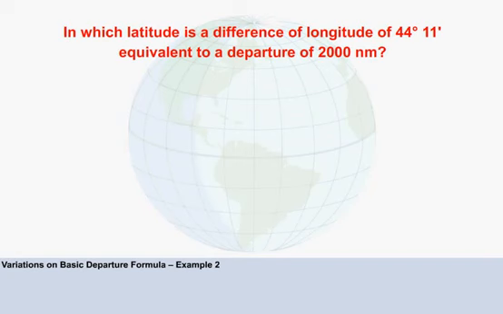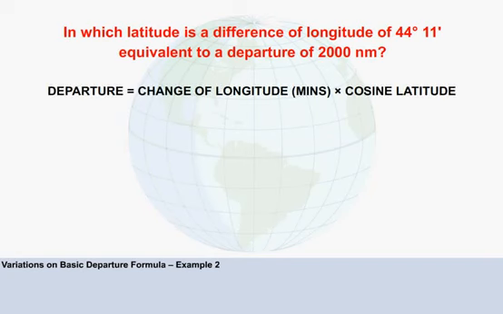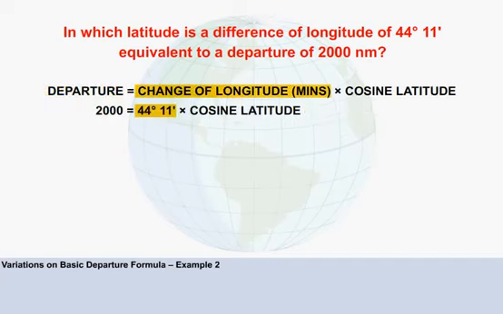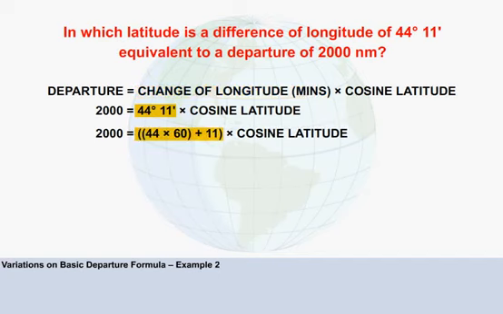As usual, start with the formula. Departure equals the change of longitude in minutes multiplied by the cosine of the latitude. Which of these do you know? You know the departure and the change in longitude. Write them in. We now need to convert 44 degrees and 11 minutes into minutes. It comes to